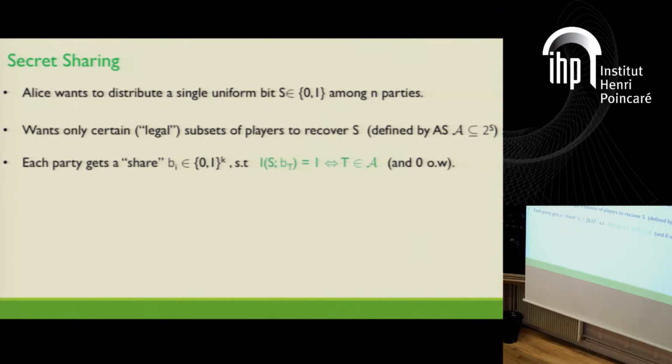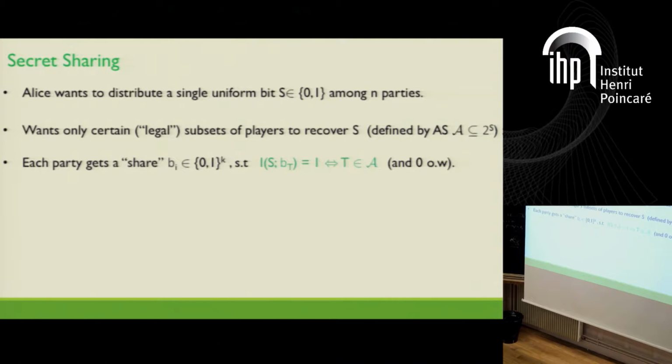Sorry, I forgot to say: how will I distribute the secret? I will compute a randomized function, a function of the true secret and some private randomness. I will distribute k bits per player in the crowd. And I require that if T is a legal subset of players, inside the access structure, then by combining the shares of the people inside the subset T, they can infer the secret, so they learn the entire secret. And otherwise, I require that they learn nothing. So I require that the mutual information between the secret and the concatenation of the shares of an illegal subset